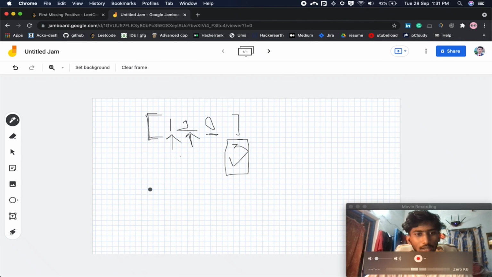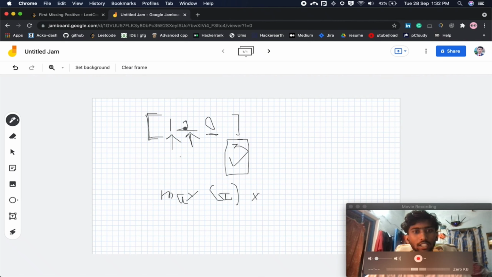So let's check the time complexity for this. We have to make a loop from 1 to the maximum element of the array, and we have to search for every element in our array.